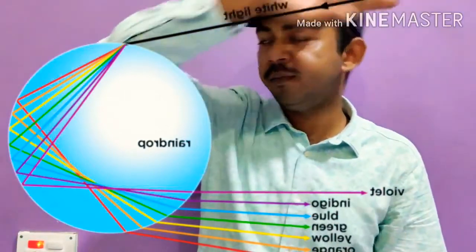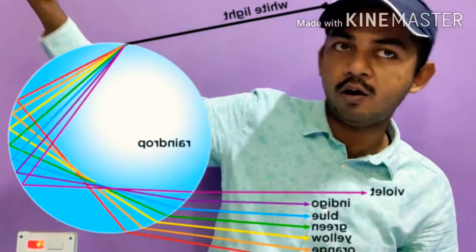If the sun is behind us, we can see a rainbow in front of us. This is how a rainbow is formed. The dispersion of light and reflection of light is not given in complete detail. I think it will be there in the higher classes, so we will not discuss how light is dispersed.